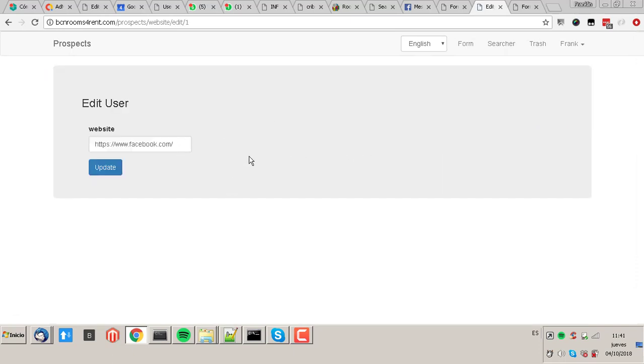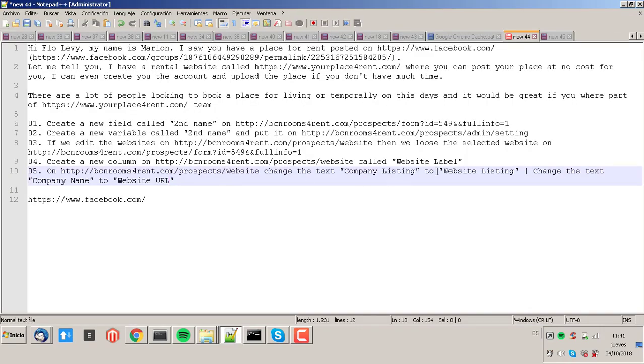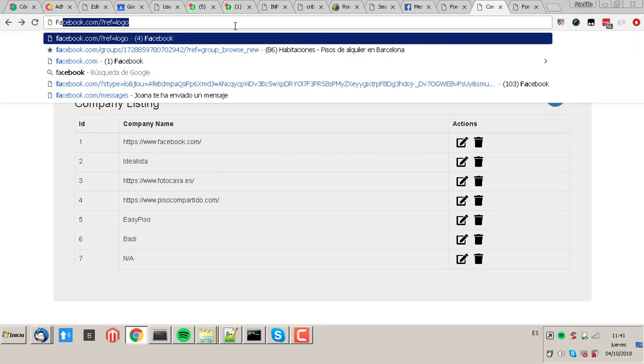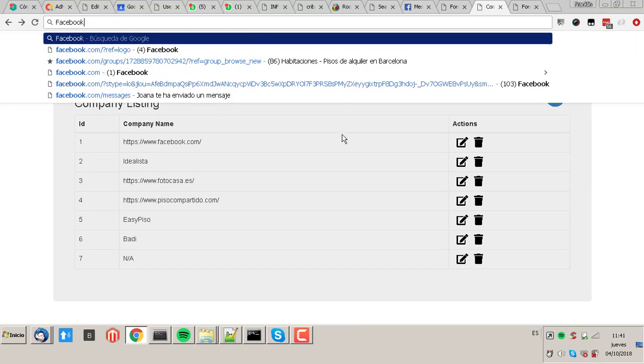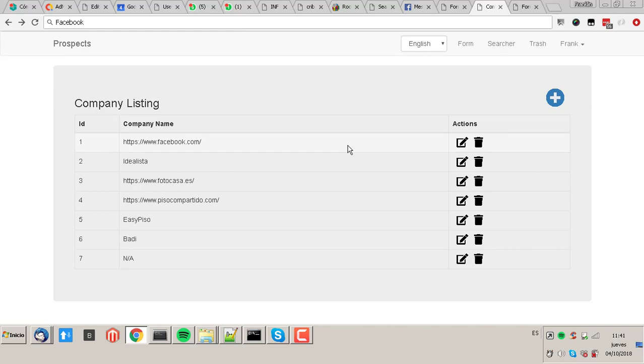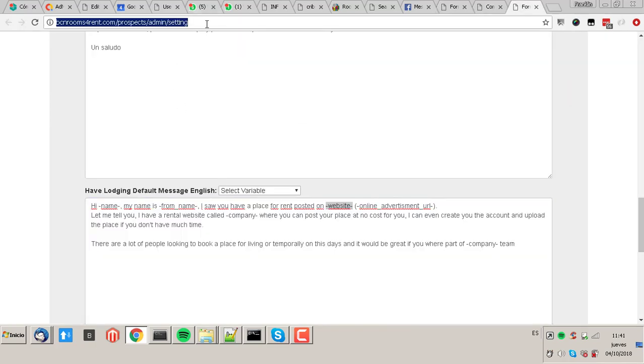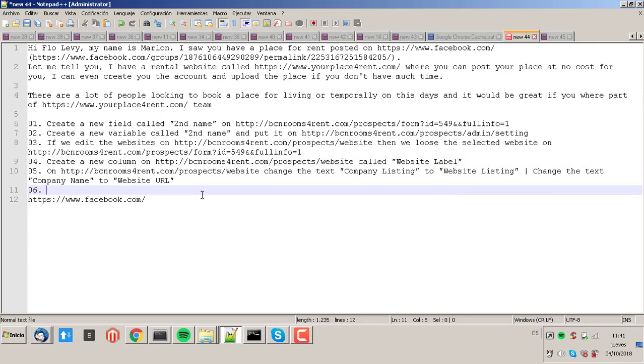Also, when we come to edit, I need to see that here. It's gonna be called website label. So on the website label, I'm just gonna put Facebook. I'm just gonna write this there. Okay, and we need that as well to appear here. Create a variable, call it website label